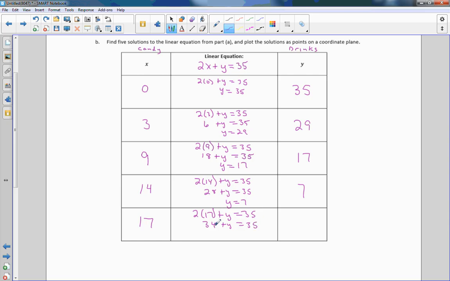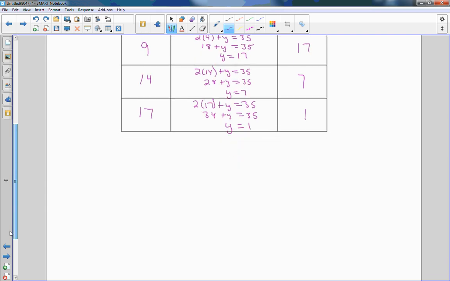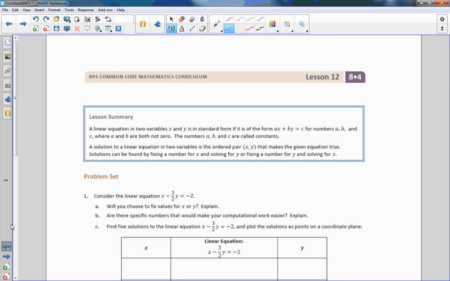So if I buy 17 bags of candies for $2, it's $34. Then Y is going to equal 1 drink. Okay, so there's multiple values, and now they're asking us to plot it,